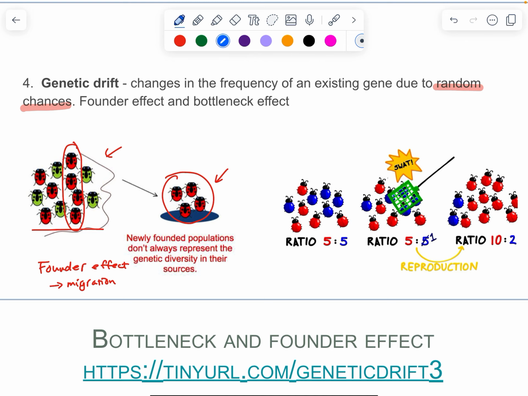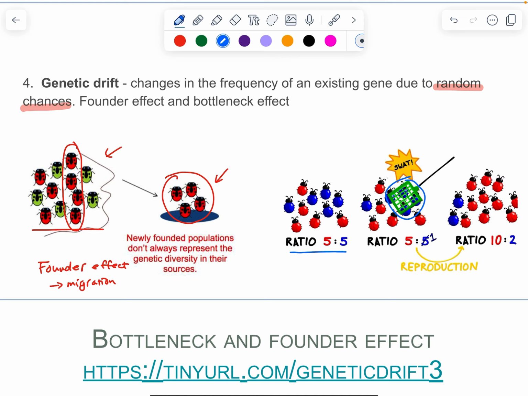Okay, so let's take a look at the diagram on the right side. So let's take a look at the original population. And again, we're looking at some beetles. And the ratio of the blue beetles and red beetles is about 1-to-1, like 5 beetles each. So it's pretty equal. Then some random event happened. Okay, so in this case, it's a human slapping and killing off these beetles randomly. But in nature, this random event may be an earthquake, it may be a fire, it may be radiation exposure, any one of these. So some kind of natural disaster happened and it randomly killed off a lot of the